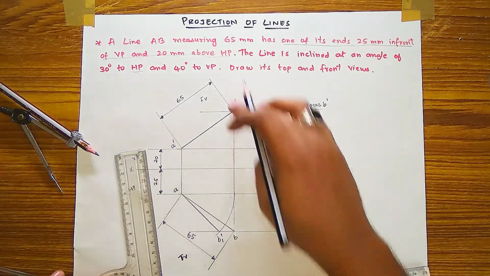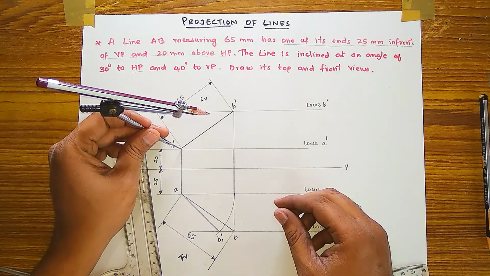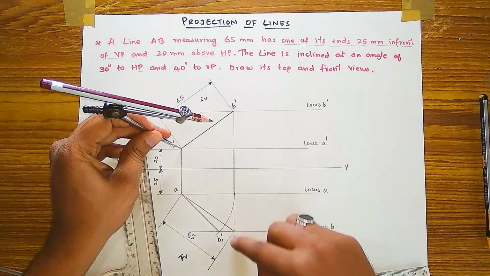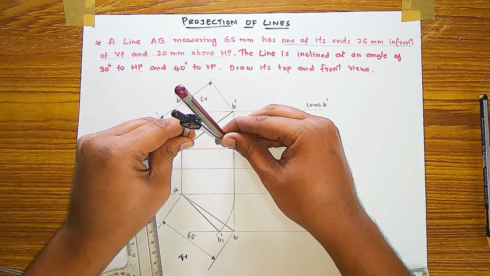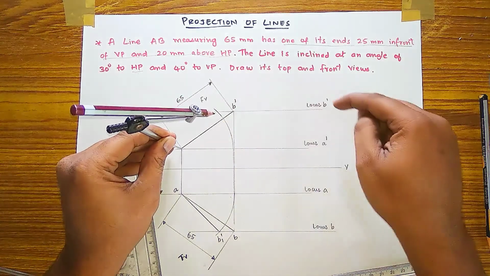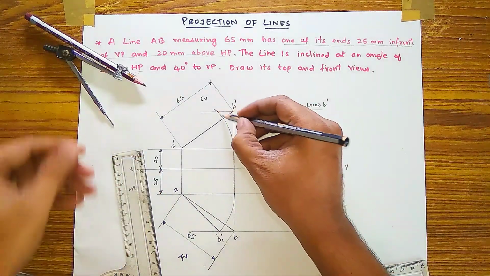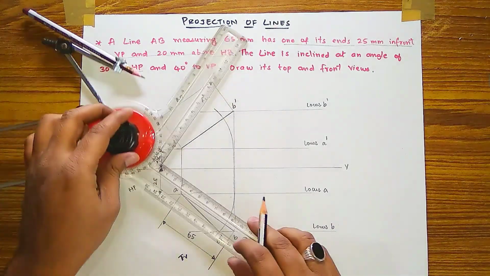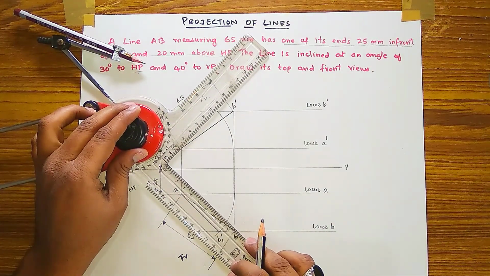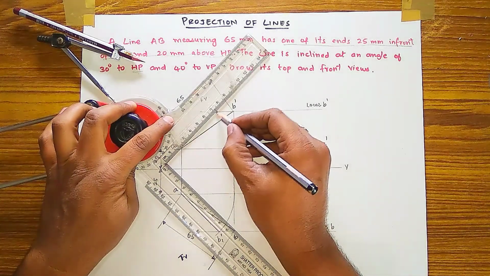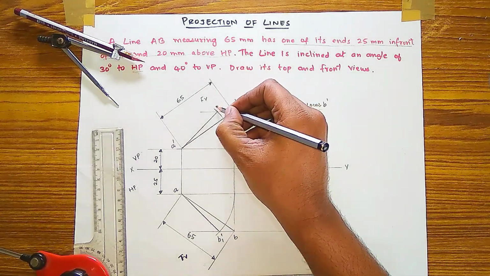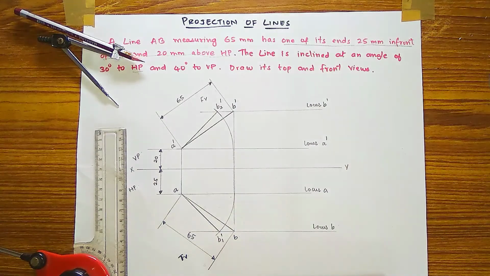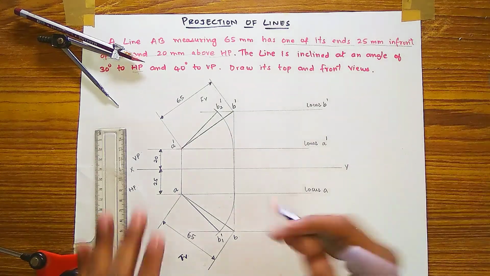Okay, and then upward also, keeping the divider on your A dash till this B line upward till here, adjust your divider and take the arc till this locus of B dash. Okay, then where this arc is meeting here, from A dash and B, you have to draw a line till that arc, and this point you have to label as B2 dash. You can label differently also by yourself, and this is the complete solution.